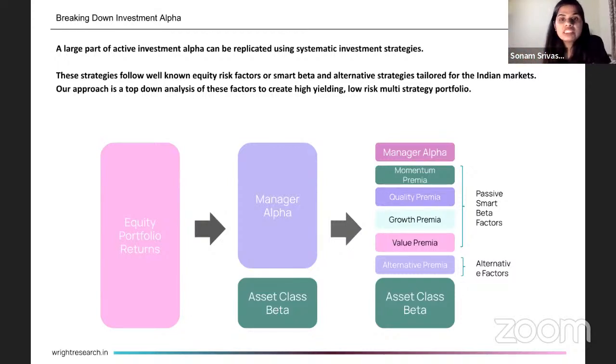But now, all of us understand that however good the manager is, the market direction will always have an impact on the portfolio return. चाहे पोर्टफोलियो मैनेजर कितना भी अच्छा हो, मार्केट की परफॉर्मेंस उस पर इफेक्ट करती ही है, राइट? तो किसी भी पोर्टफोलियो को आप ब्रेक कर सकते हैं। कुछ पार्ट जो मार्केट से एक्सप्लेन होता है और कुछ पार्ट जो मार्केट से एक्सप्लेन नहीं होता है। Some part of it is explained by market, some part of it is not explained by market. Now, the part that is explained by the market is something that we call beta of the portfolio. But the part that is not explained by the market is something that we call alpha.